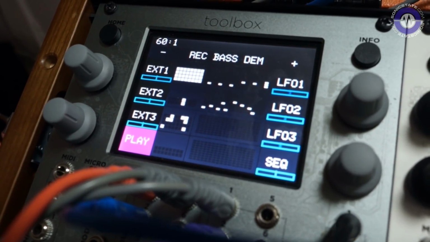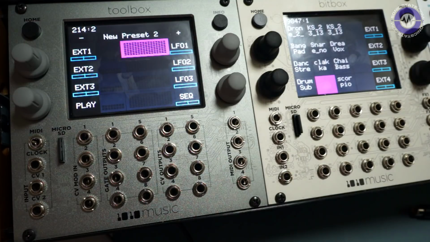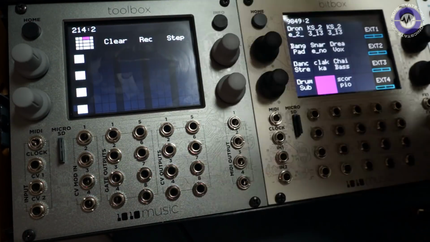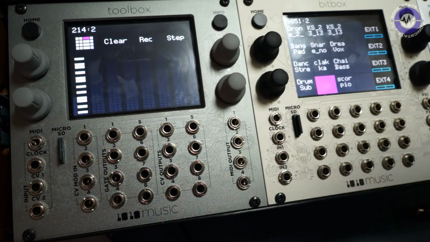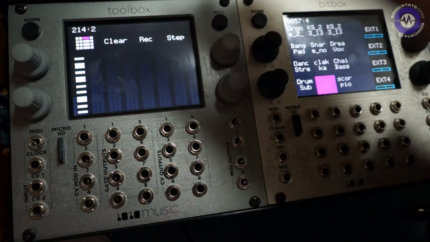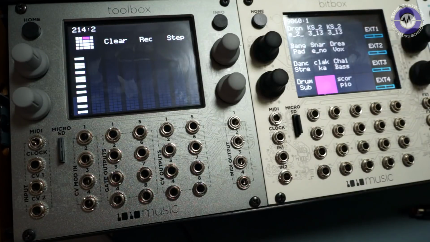Toolbox, on the other hand, I didn't like quite as much as the BitBox. And I think that's mainly due to the piano roll editor. When you first look at it, it seems like a great thing because it's very easy to create sequences in an interface that you're used to when you're working on a computer. However, I found that this small touchscreen interface isn't